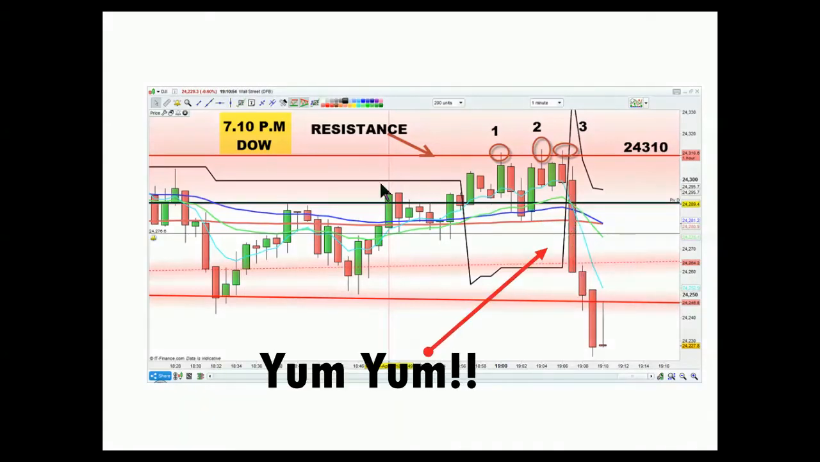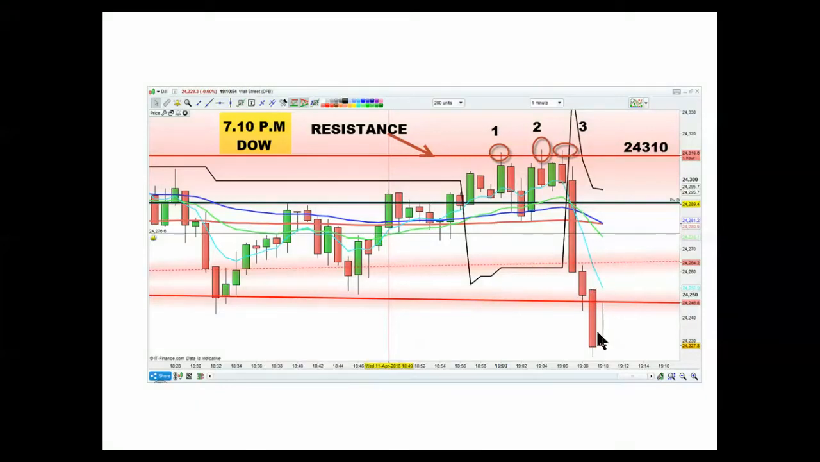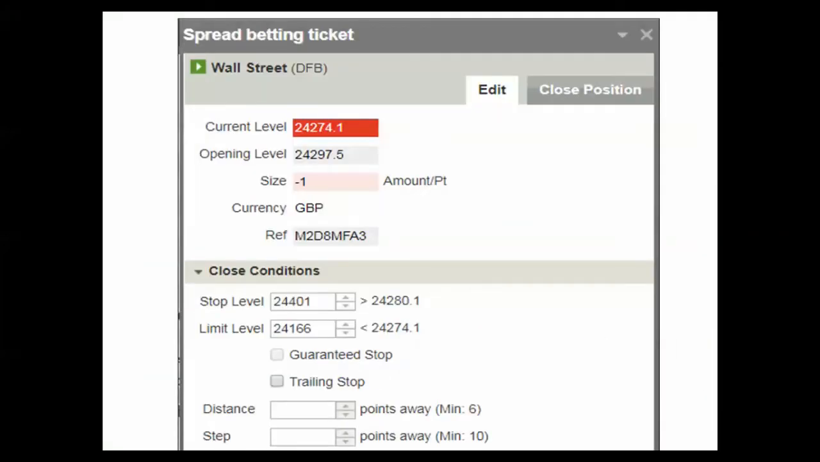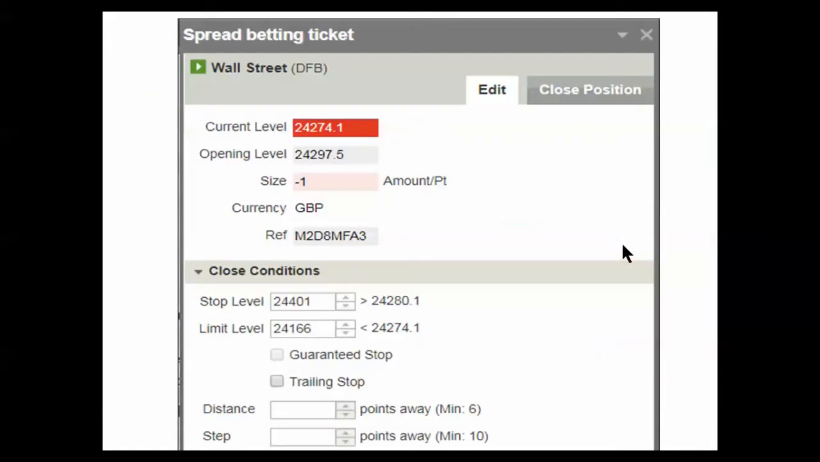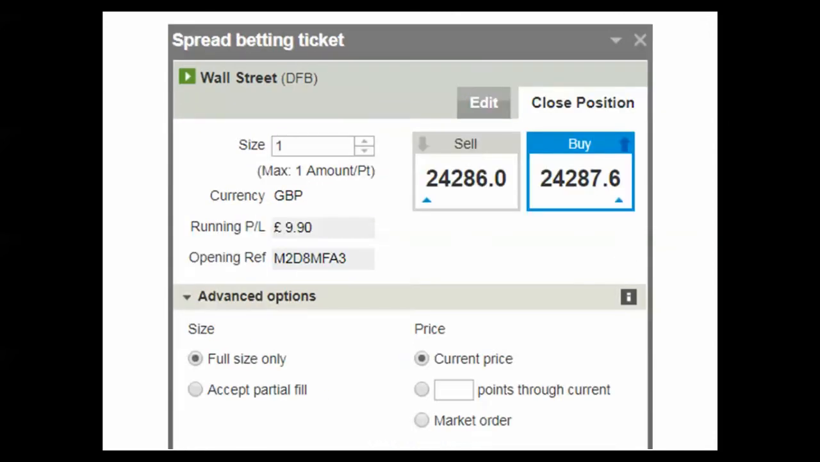And so that's the 1 minute chart. Let's have a look. That was again at 7:22. The price was at 24,297. Sorry, the current level was 24,274, but I opened it at 24,297. Okay, so if we look up here, I was selling around this point here. Okay, so let's go have a look at the